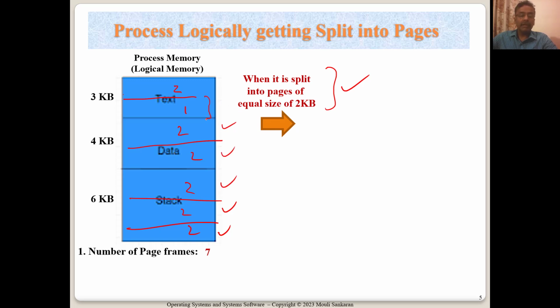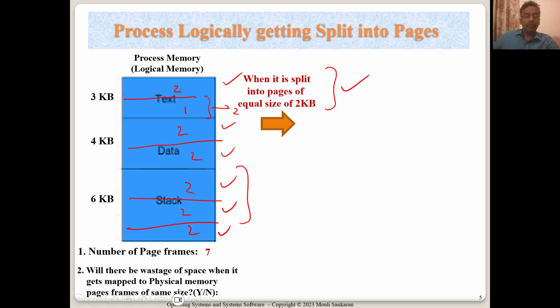Now this has to be mapped to 2, and this is one more. So we have this, and then we have two of them here. So totally we have 7 frames we'll be needing,